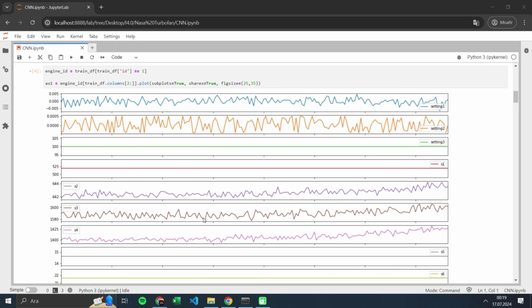And let's talk. Here, engine ID and train_df. First line, what happens here? This line filters the train_df data frame to include only the rows where the ID is 1, meaning it selects all the data related to engine 1. At x1 here, what happens? It selects all columns from the third onwards, which correspond to the operation settings and sensor measurements. And here you can see the